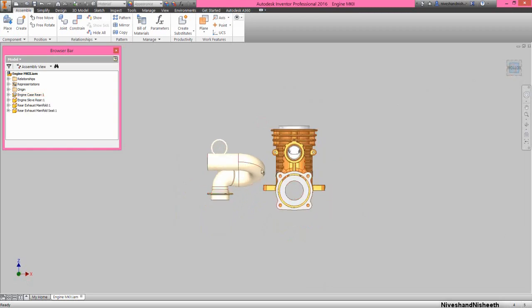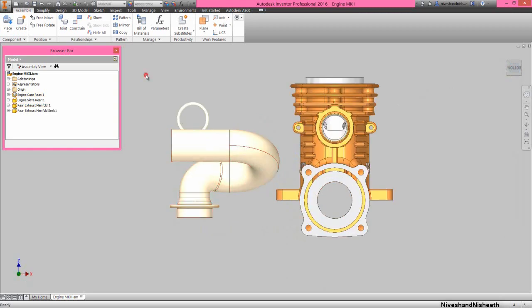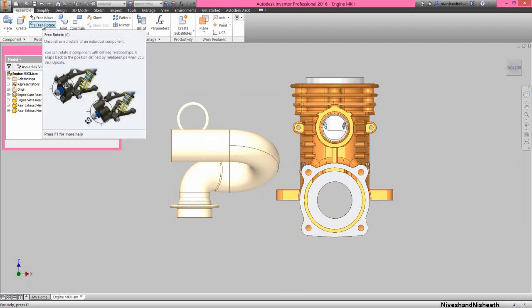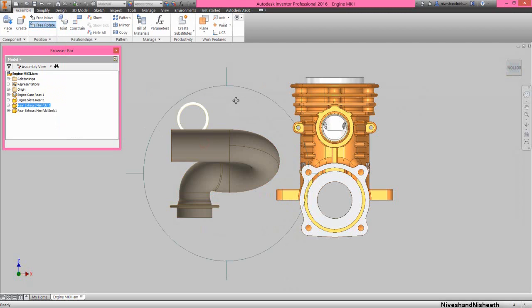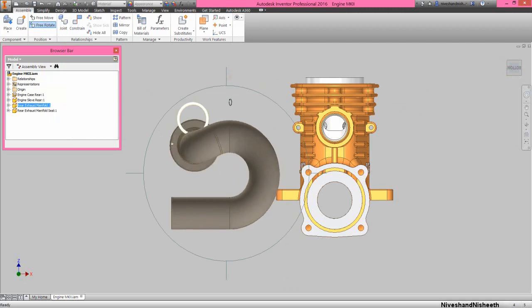Now rotate the model in this position and activate the free rotate command. Select the rear exhaust manifold part and rotate the part in this position.